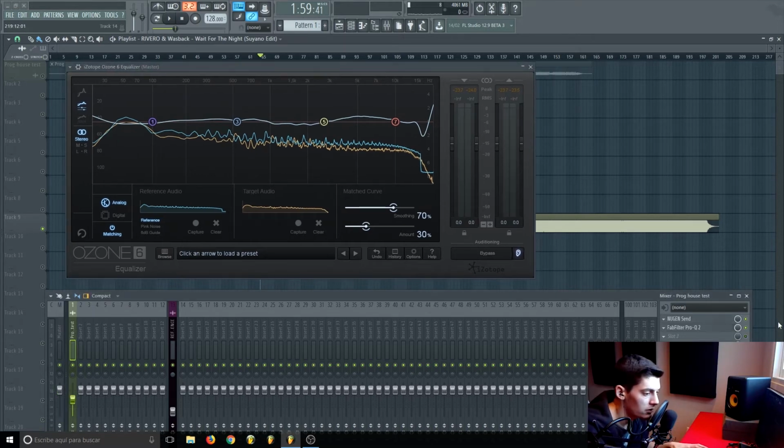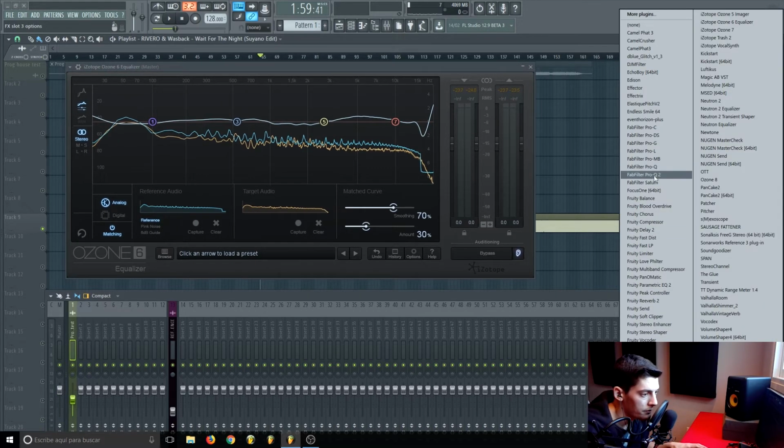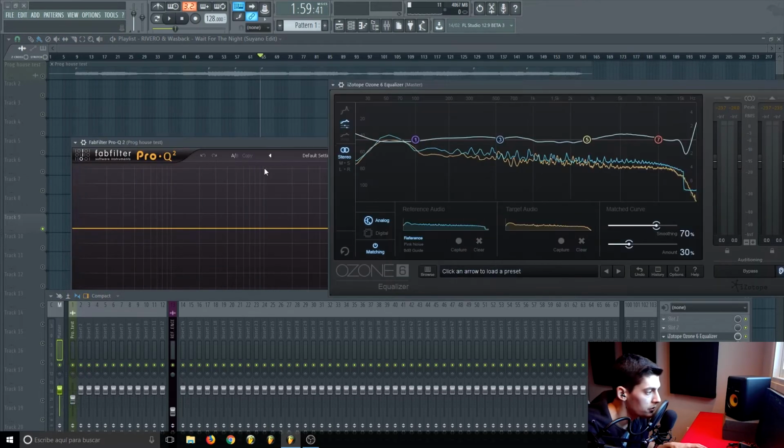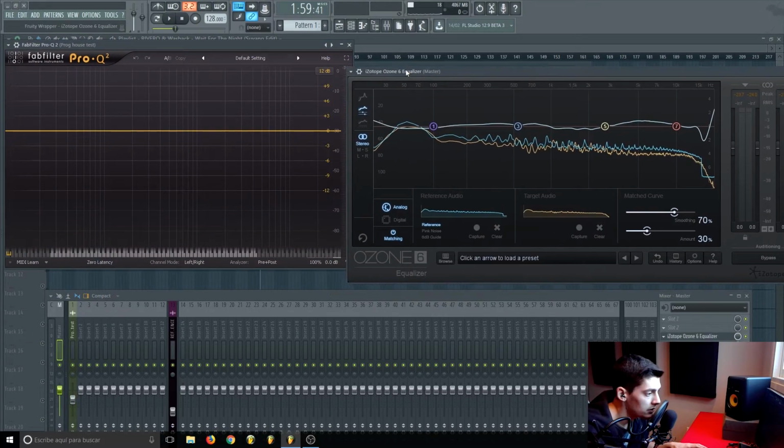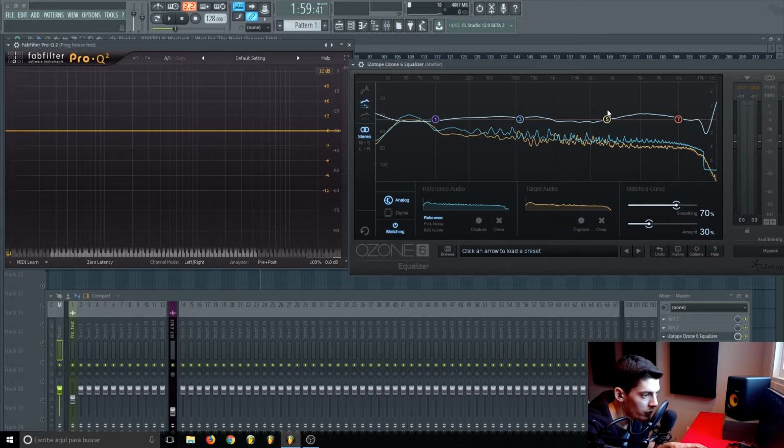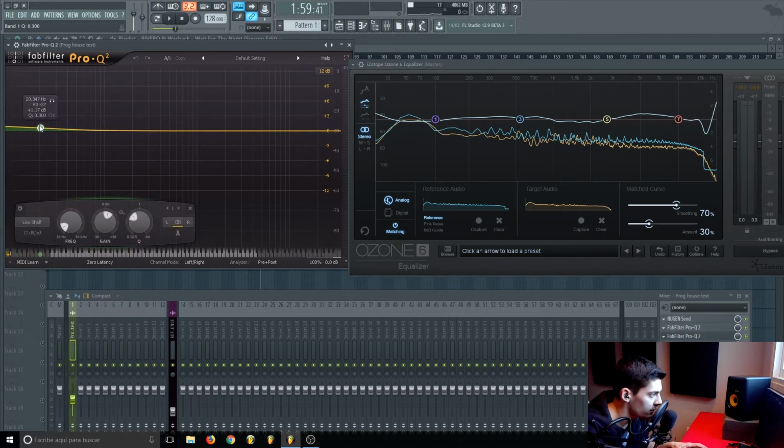cut. So what I do is I load another Pro Q2 from FabFilter, and I try to replicate this EQ. So for example, I have a little boost on here. My track, I think this track was in G or in F, yeah. So I'm gonna boost a bit, just 1 dB or so